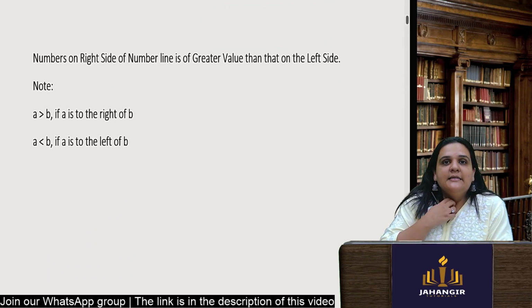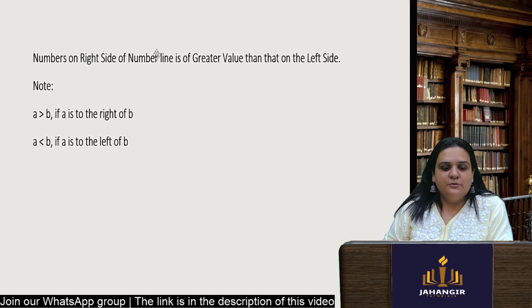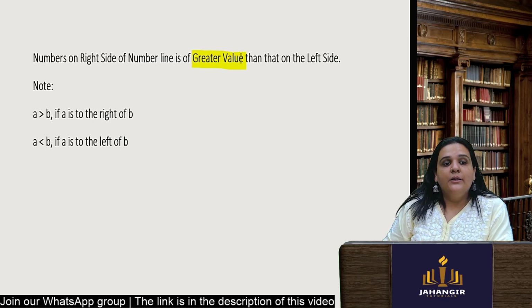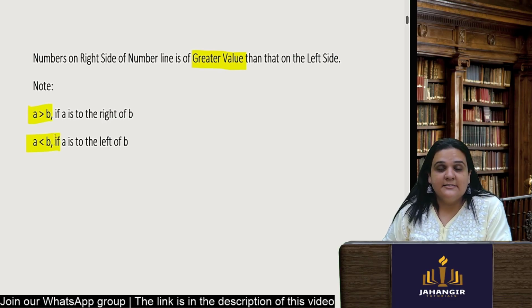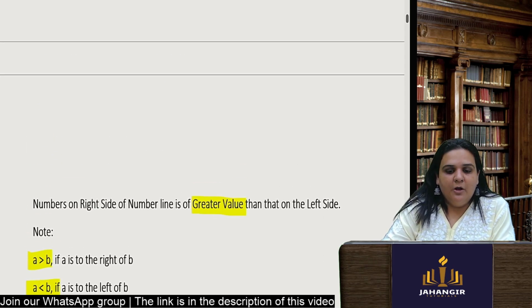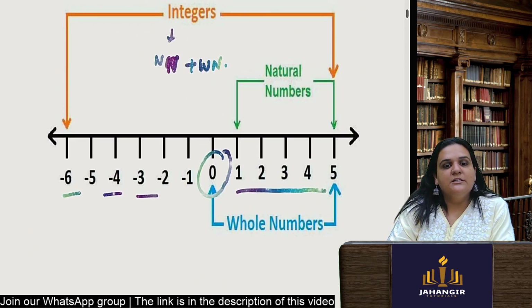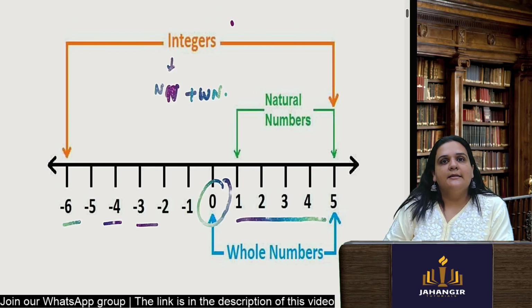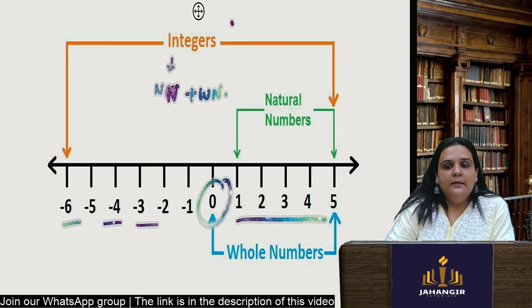Now whenever a number is on the right hand side of the number line, it will always have a greater value. This we all know, right? Whenever a number is on the right hand side of my number line, it will be of a greater value. So if A is placed on the right of B, A will be greater. And if A is placed on the left side of B, then A will be less and B will be greater, right? Because on the right hand side we have positive numbers. Positive numbers are greater than the negative numbers. Clear? Okay. Then